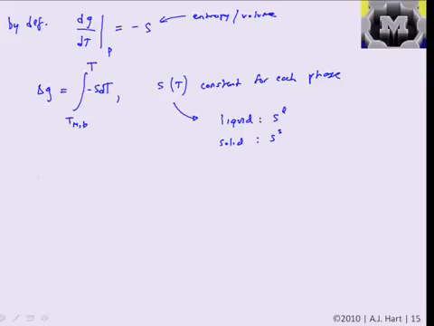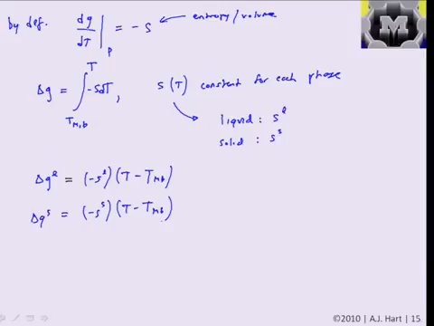The S pops out, and so for the liquid, we can say that delta G of the liquid is just minus the entropy of the liquid times T minus T mb, and the same thing for the solid. So now delta G is just equal to the change for the liquid minus the change for the solid, which is equal to S_L minus S_S